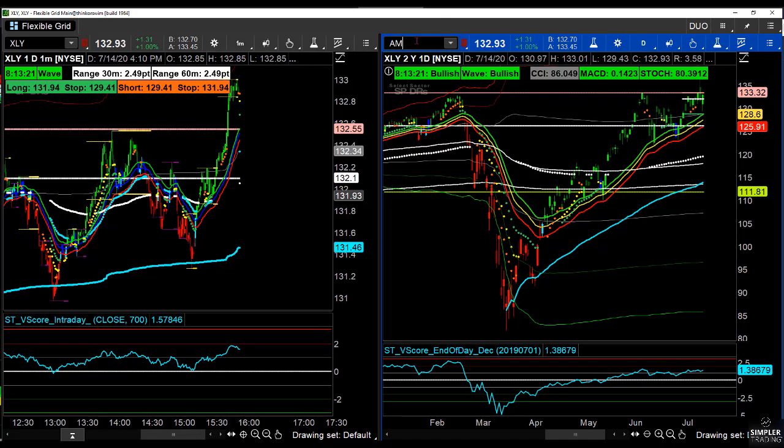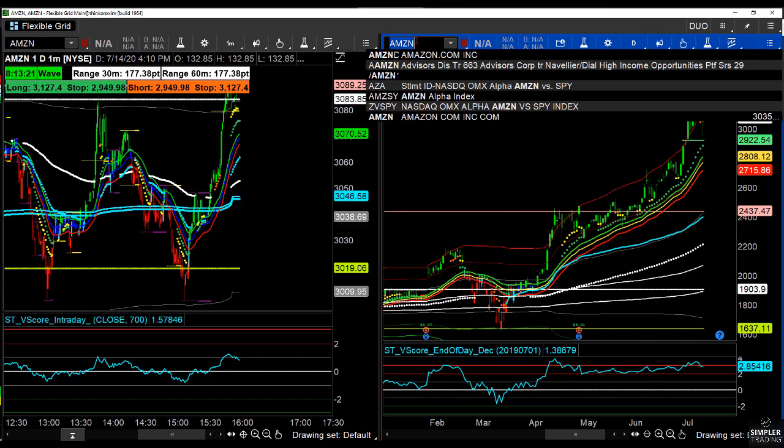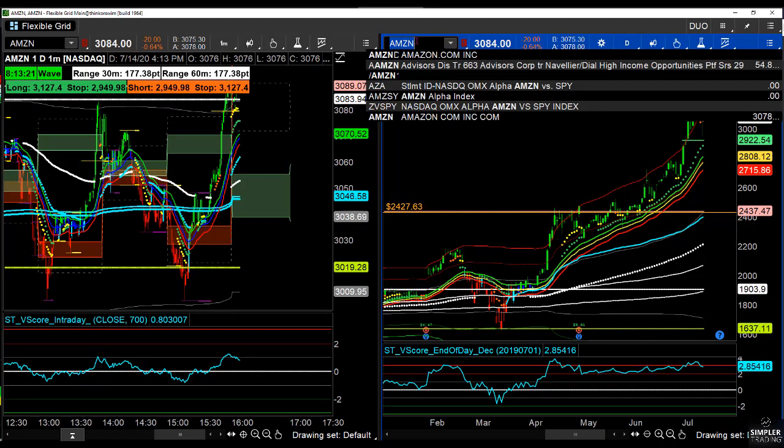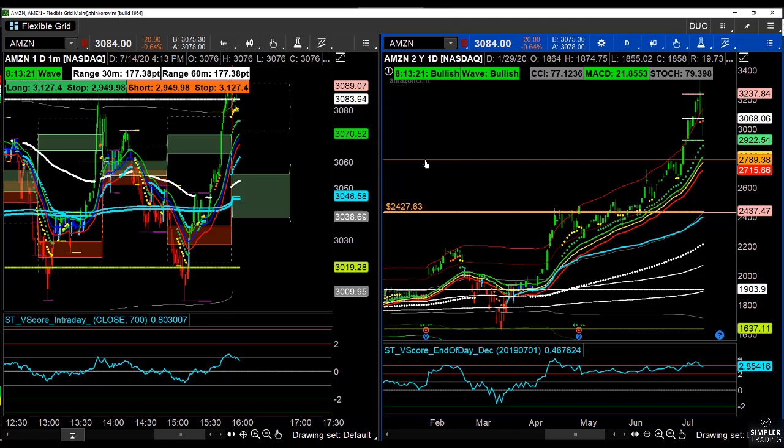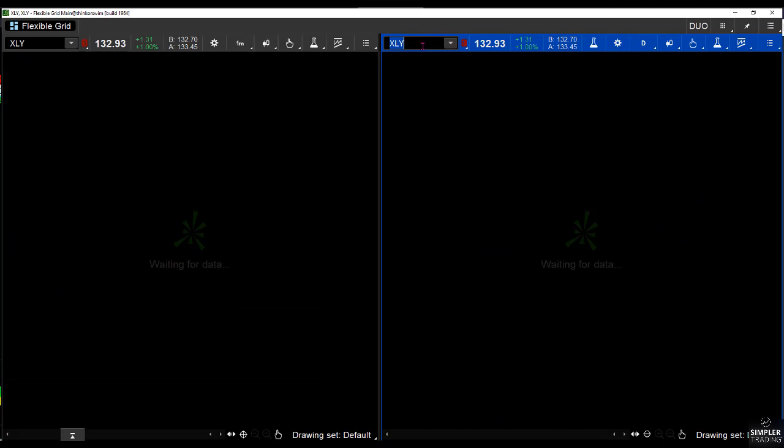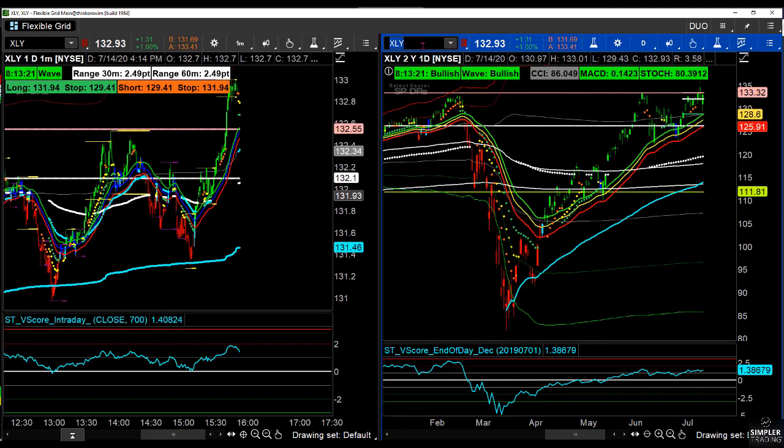XLY, which I think is a terrific way to not only play one of the heavily weighted sectors of the NAS, but also Amazon, because Amazon is 25% of the XLY. A lot of traders can't buy straight up Amazon. A lot of traders can't trade even the options because they're in many ways very cost prohibitive to shorter funded traders and less experienced traders. XLY is a terrific way to sort of coattail Amazon.